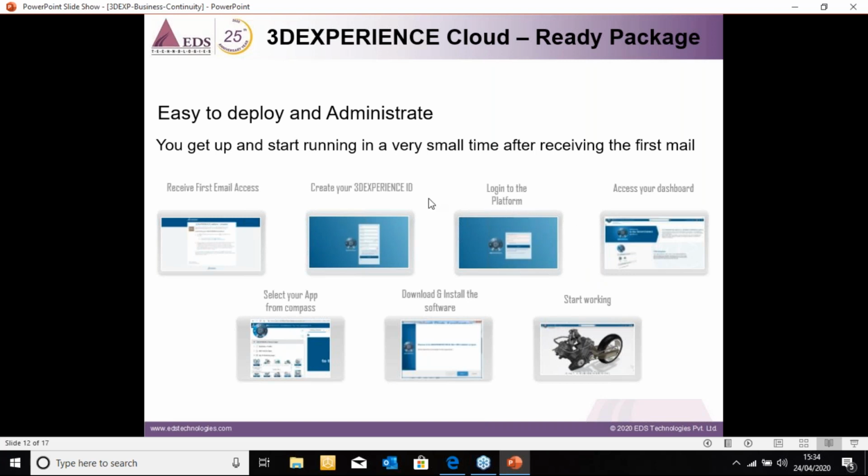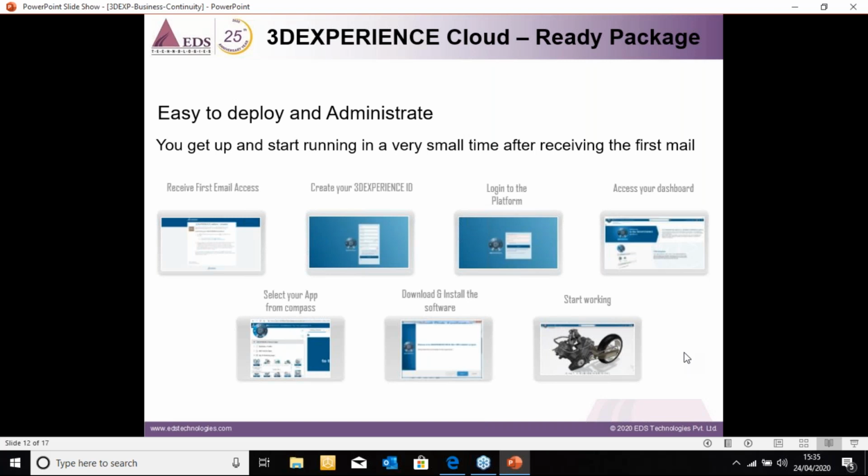You then log into the platform using the 3D Experience ID, and you're good to go to access your dashboard with all the necessary information, where you can bring about a collaborative environment by sharing all your design data, having access to all your project deliverables, and inviting your customers to be a part of the system, a part of the review system, a part of the approvals, a part of the feedback, comments, and so on.